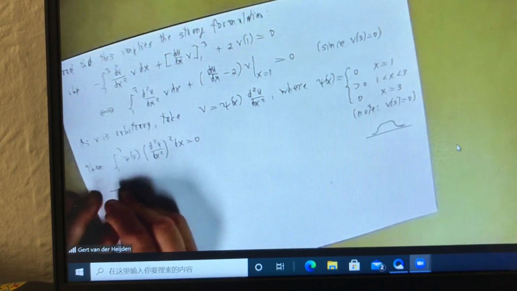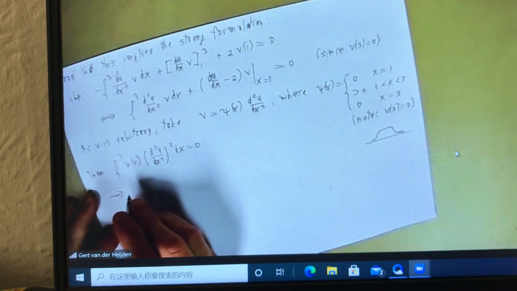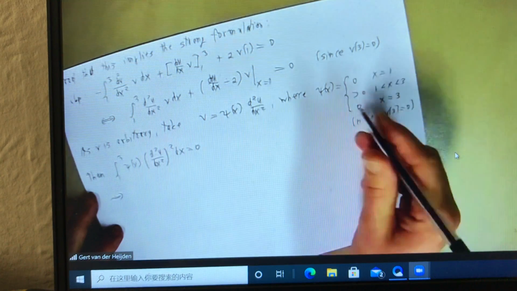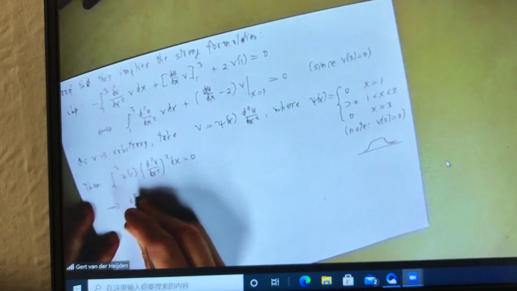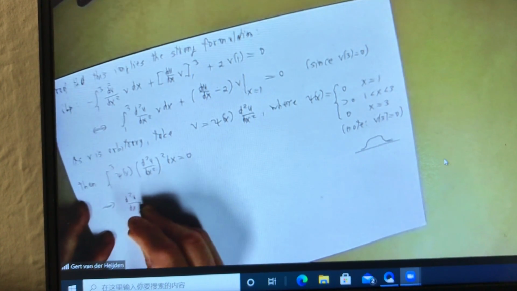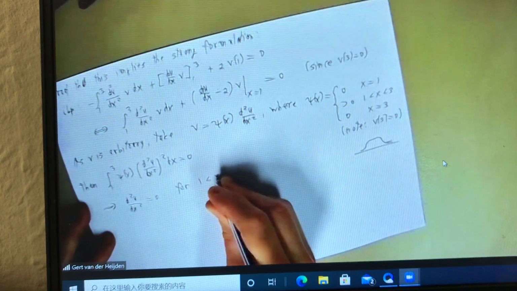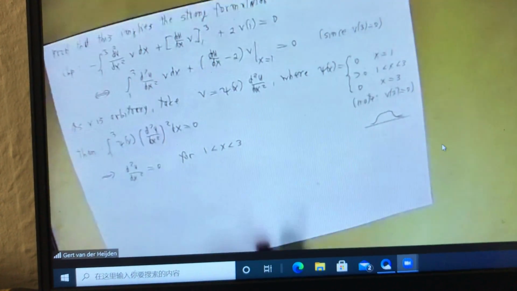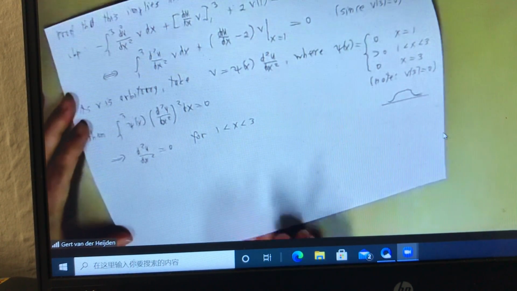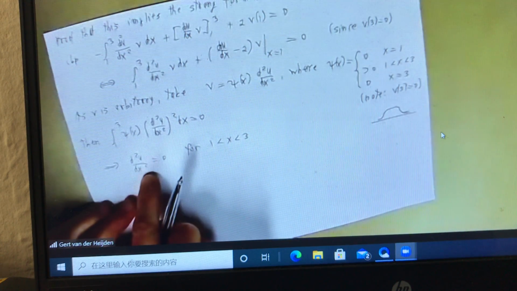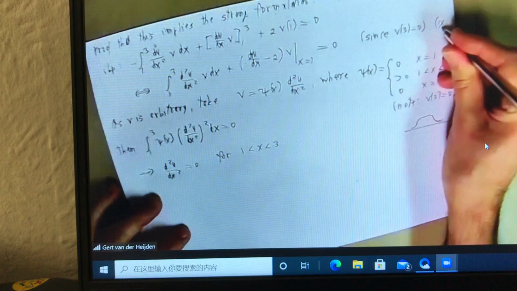So this means that for this to be 0 for all psi, it must mean that d2u dx squared equals 0 for x between 1 and 3. Okay, that's already the equation of the strong formulation and the boundary conditions. But once this is 0, then we go back to this equation. Let's give it a name, star,